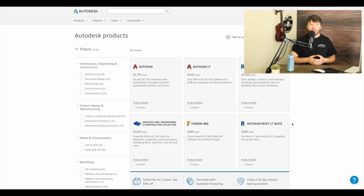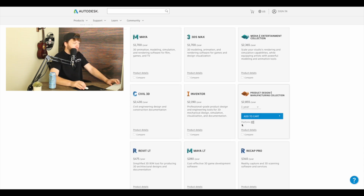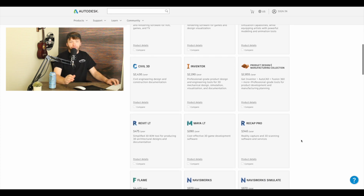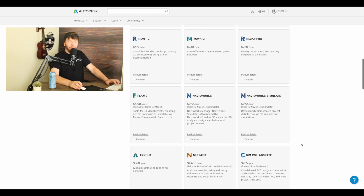Maybe use Adobe Premiere, Photoshop, and After Effects for all of your editing needs. But it looks like they do a lot here with 3D gaming development. I see a few things talking about CAD, which I believe stands for Computer Aided Design. All I know is that architects use CAD a lot with their designs, and it's a pretty cool system. So I'm assuming that this is probably where architects get their system software, at least this is one resource